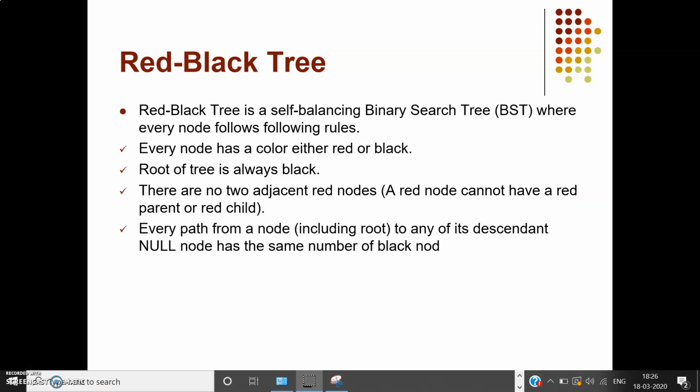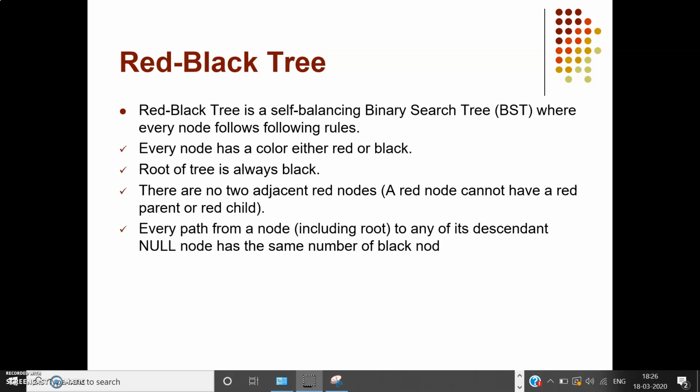Hello everyone. So we will be starting with the next topic of Unit 5, red black tree. A red black tree is a self-balancing binary search tree. Self-balancing binary search tree means it will balance itself and the height of such trees will not go beyond log of n. So every operation can be done in log of n time: insertion, deletion, searching. It balances itself so that the height of the tree remains log of n. It balances itself by doing some kind of rotations.